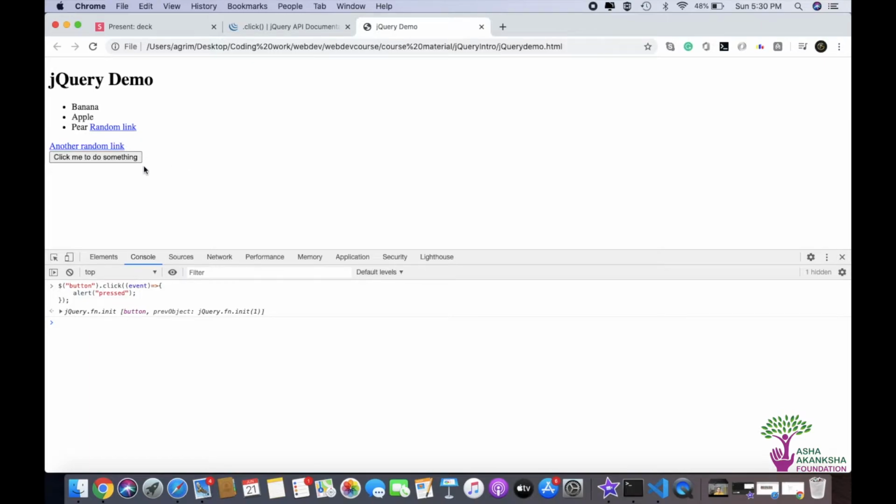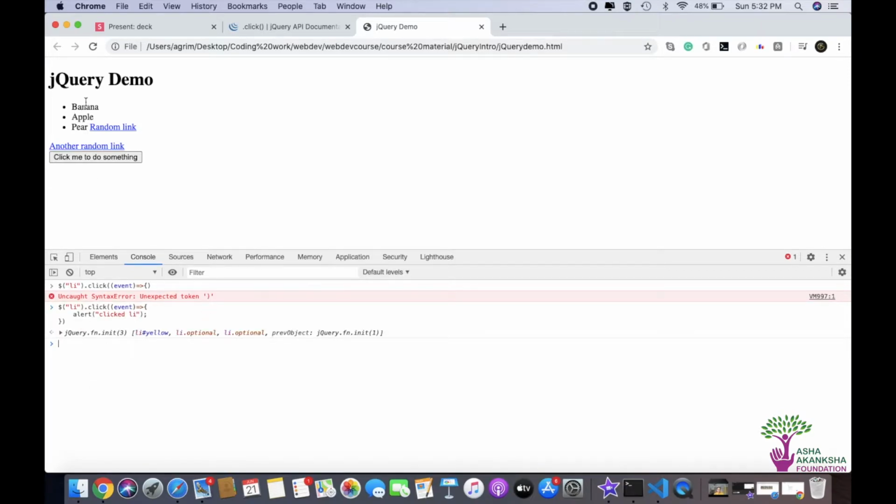without writing any specific set of code. Like this .click, if I select multiple items on this. Let's do that first. So let's see that once. So if I do li .click, and then I give a function with an argument of event, I need to press shift plus enter, and then in here I give alert click li. So I have added a click listener to all these LIs, and if I click any of them,